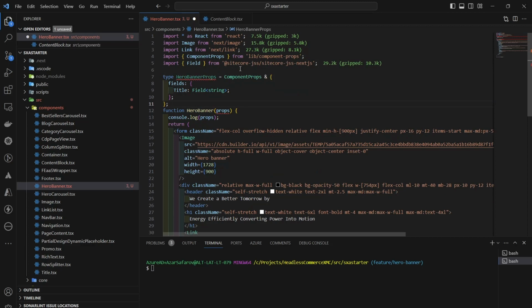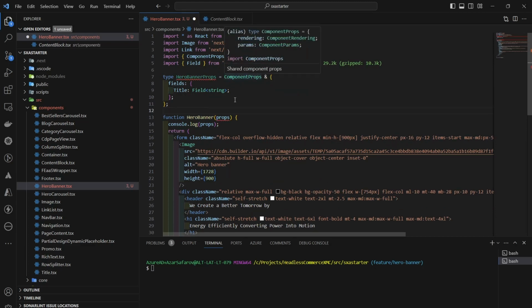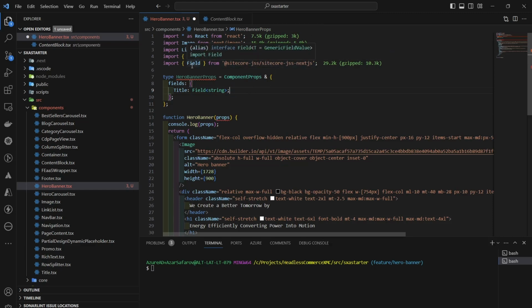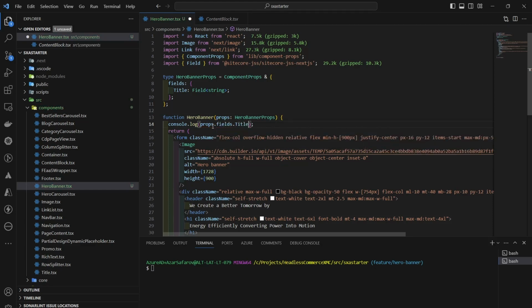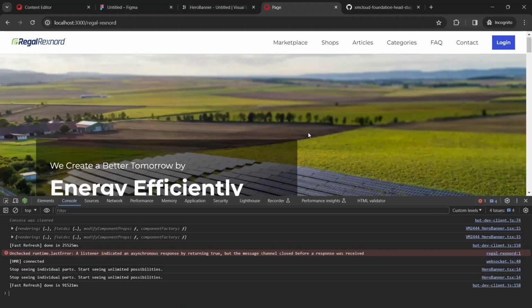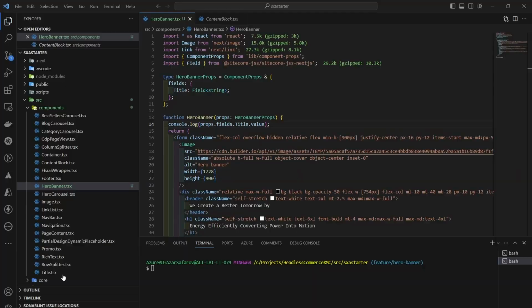So for types, the Sitecore JSS NextJS library already comes with a type field. We just need to use that to define that this is a string field, and we need to extend the component properties. So now we can see that we have hero banner properties, and we can just type title.value. Can save it, go to console and see that value is here,